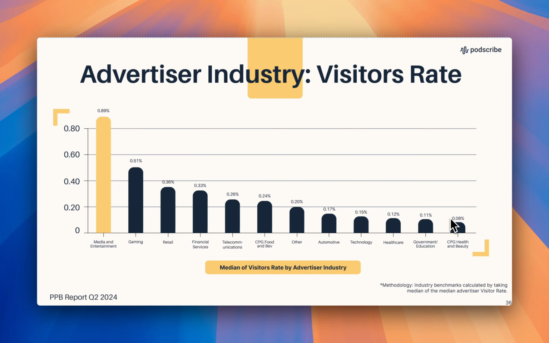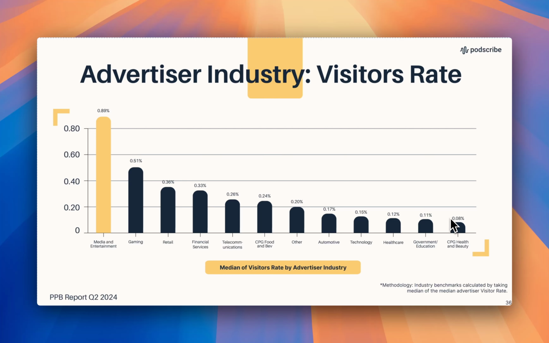Yeah, I think very general insights here, or at least observations, is when you compare these numbers to the generalized benchmark, we see financial services, retail, gaming, and media and entertainment performing at or above benchmark. When we start to look to the right of that graph, things like telecommunications, CPG, automotive, we start to see things perform maybe a little bit lower than benchmark. And from a gut check perspective, one of the things that we like to ask ourselves is, do these make sense?